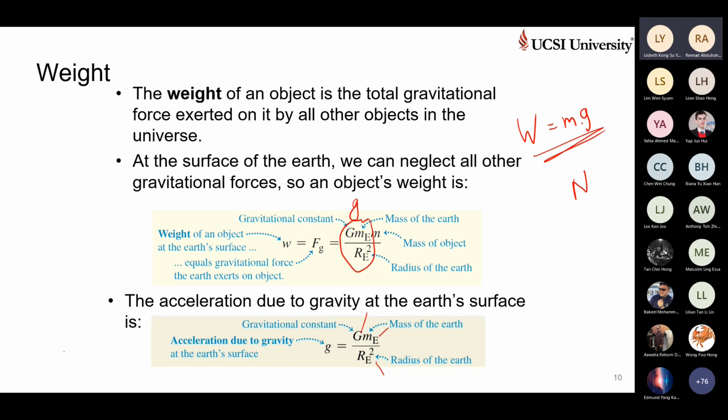Last time we also solved one question using the mass of Earth and mass of Sun. Mass of Earth is 5.87 times 10 power 24 and so on. If you put all these numbers in, you will arrive at 9.81 meter per second square as the value of the acceleration due to gravity. Always substitute this value whenever you want to substitute g. This number is obtained from this one. 9.81 or 9.8, any number can do.